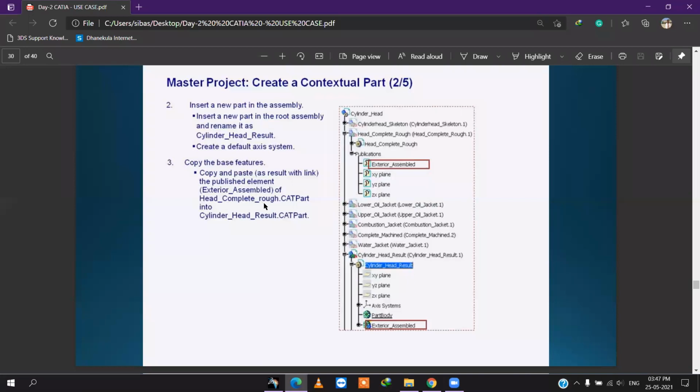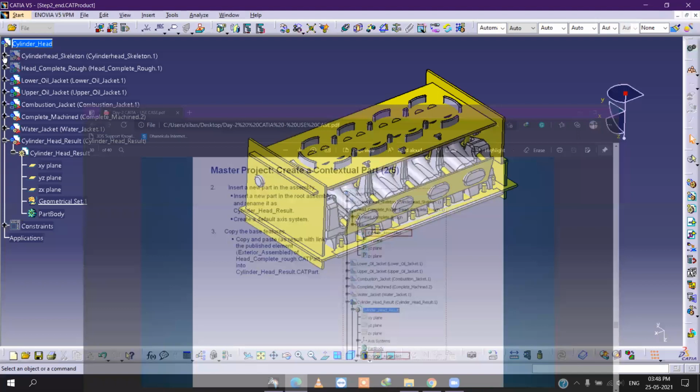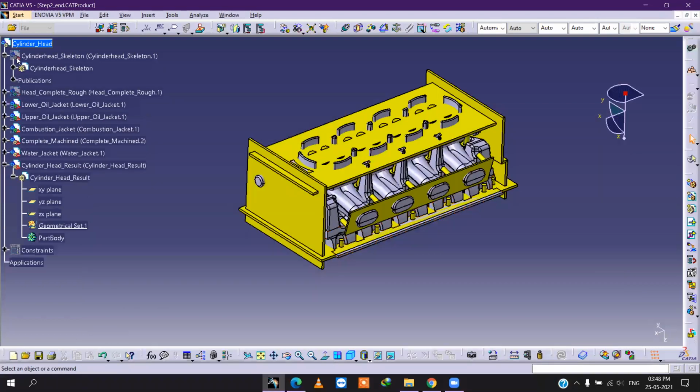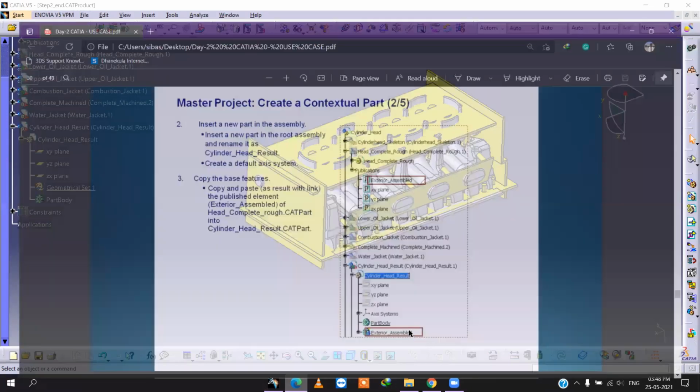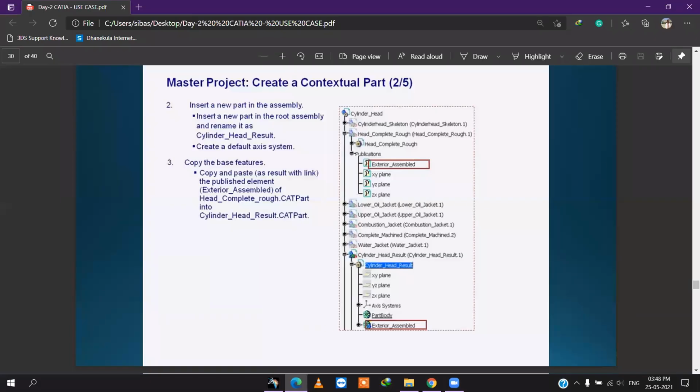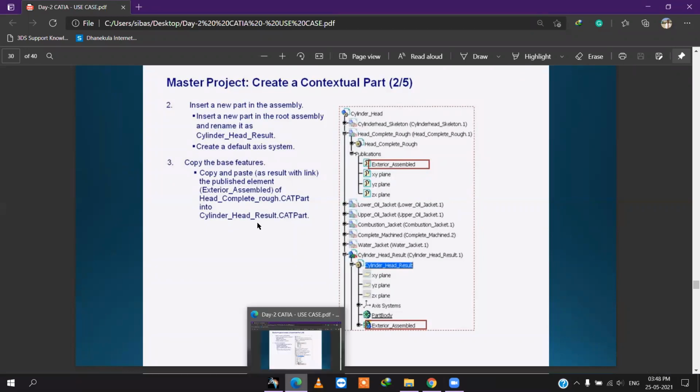the cylinder head complete, through exterior assembled. You have to copy that one. From the second one, the skeleton part, we have to copy the exterior assembled.